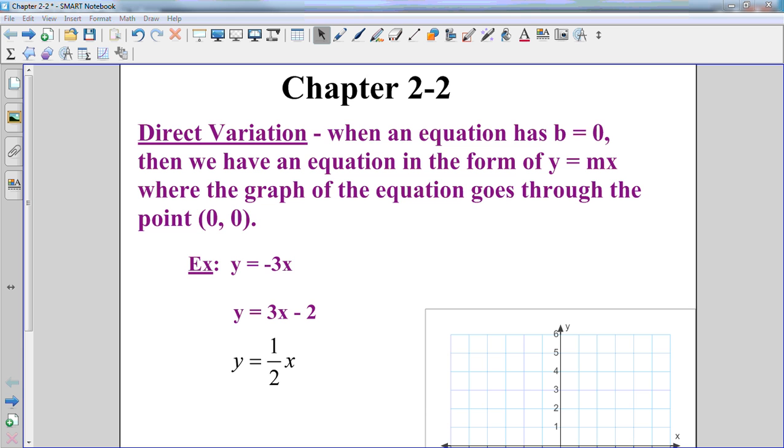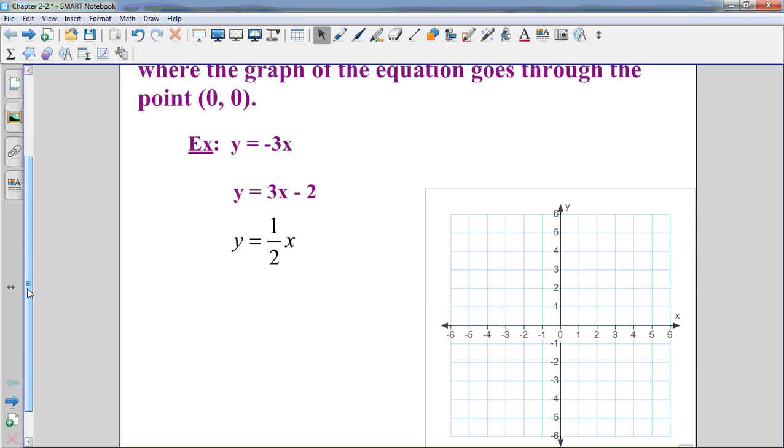So let's look at these equations first before we look at the graph. Y equals negative 3x. Is that a direct variation equation? Yes, because b is 0. There's nothing on the end. Yes, it is. What about this one? 3x minus 2. No, it's not. What about y equals 1/2 x? Yeah, there's b equals 0. Okay. When you have a direct variation equation,